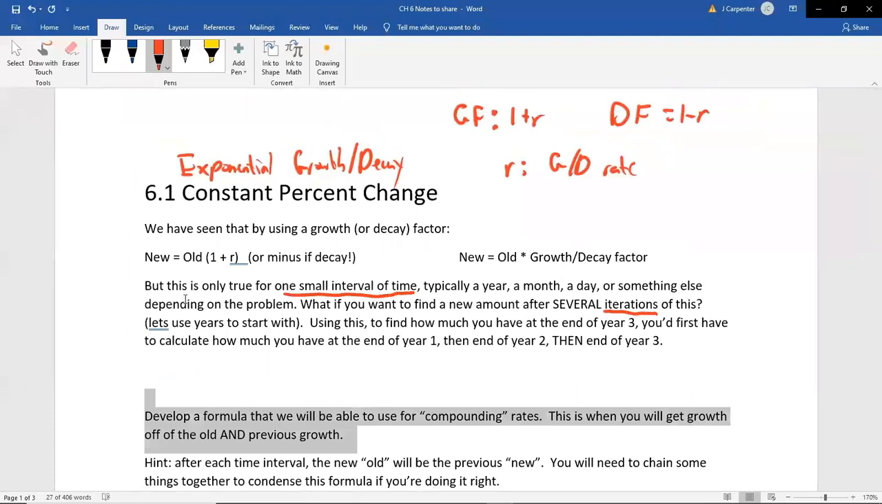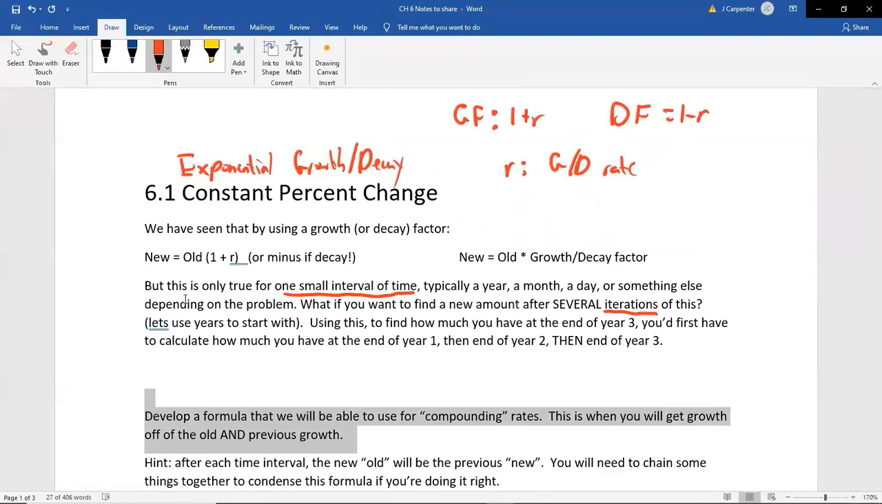This is when you will get growth off of the old and previous growth. The idea of compound interest has been addressed in here very lightly previously. We saw when we had that TV loan problem, when we weren't paying it off at all, the interest for the first month was, say, $10, just throwing a random number out there. But then the interest for the second month was like $10.10. And then the interest for the third month was like $10.21. And then